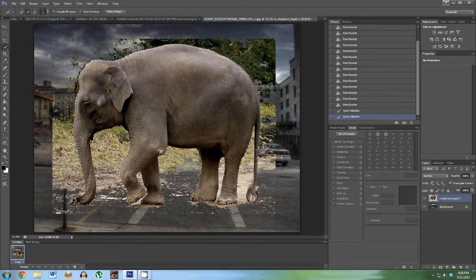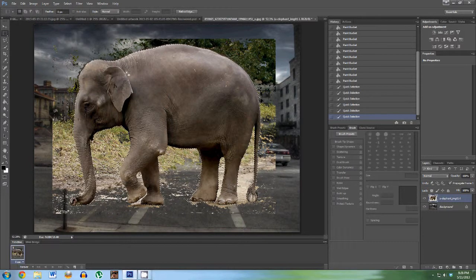I'm not going to do this perfect for time constraints and whatnot. I'm gonna go through this quick and crudely. This is not going to look nearly as good as when I originally did it, but it would take a long time if I tried to do that. So I'm just not going to. Yeah, so you just want to make sure you have everything. If there's a little extra grass, like right here, you don't have to worry about that. You just want to make sure that you're not leaving any part of the elephant out, and